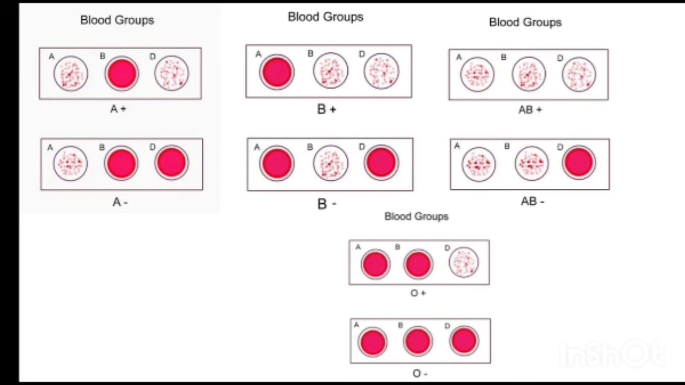Okay. So, in the blood group system, AB positive blood group is